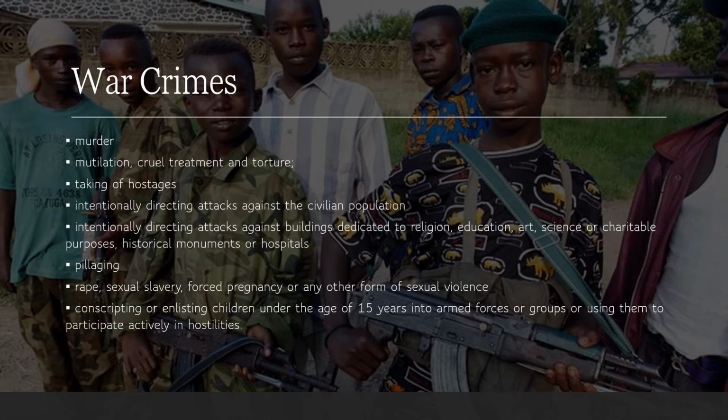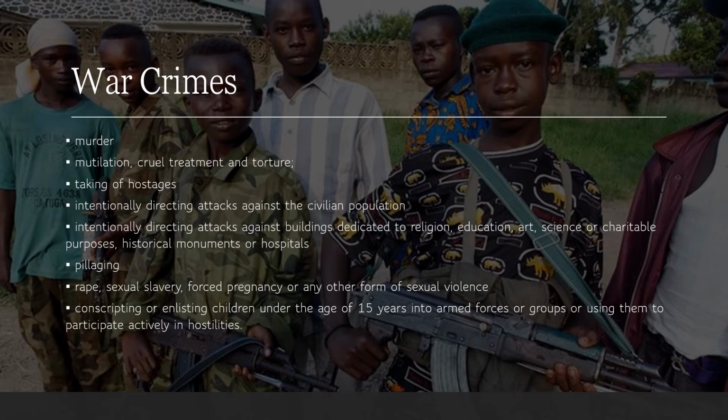Individuals may be charged with war crimes if they violate international laws against how to conduct themselves during a war. This may include murder, malnutrition, cruel treatment and torture, taking of hostages, intentionally directing attacks against civilian populations, intentionally directing attacks against buildings dedicated to religion, education, art, science, or charitable purposes, historical monuments, or hospitals,